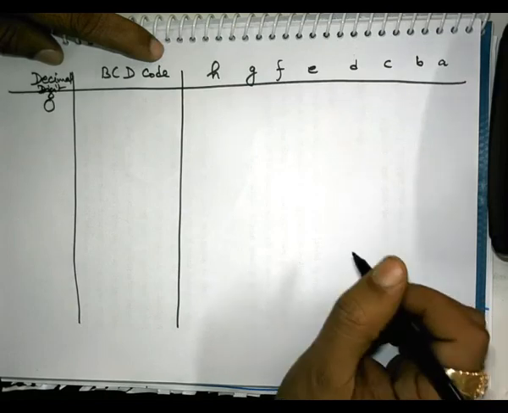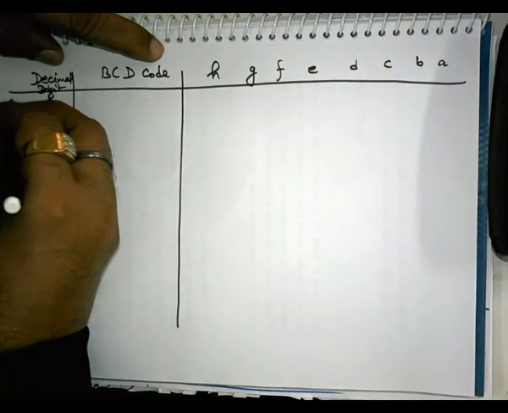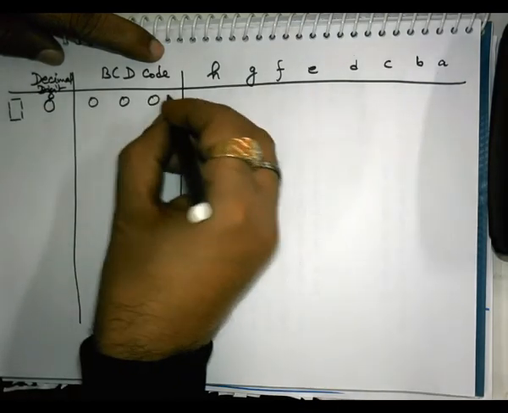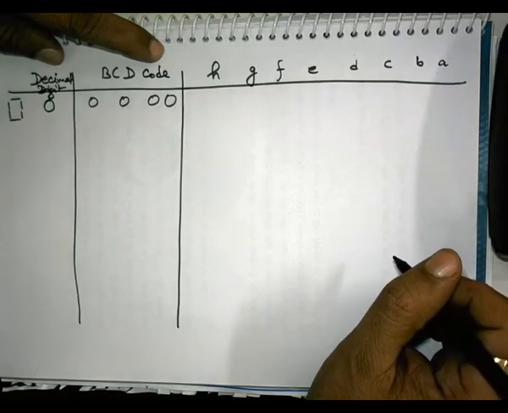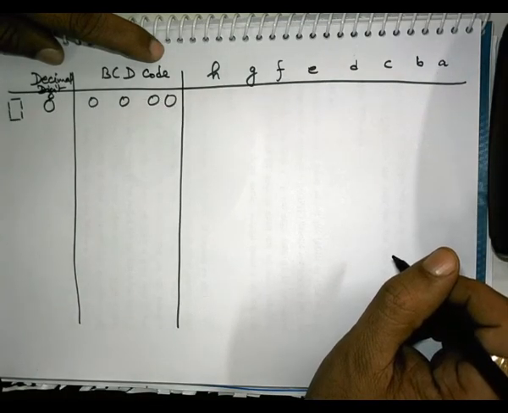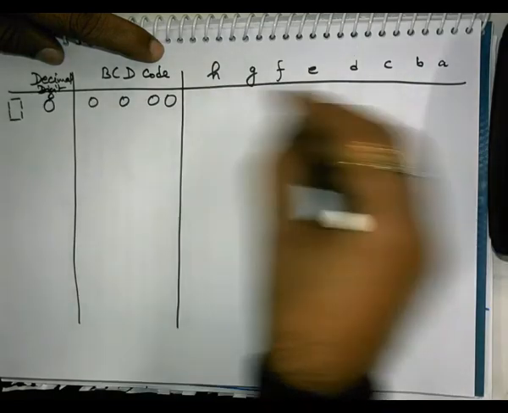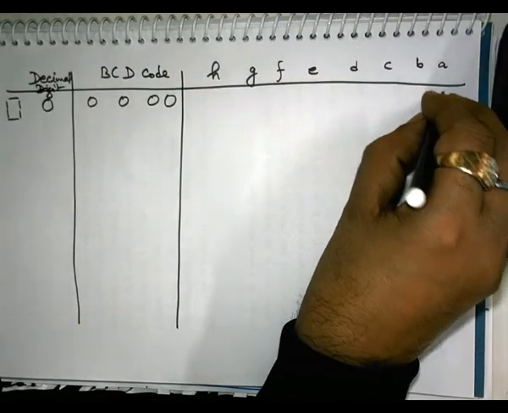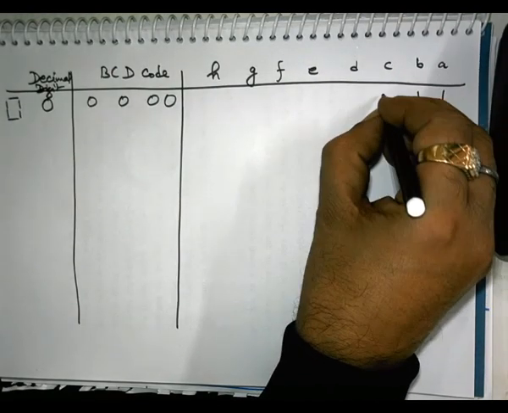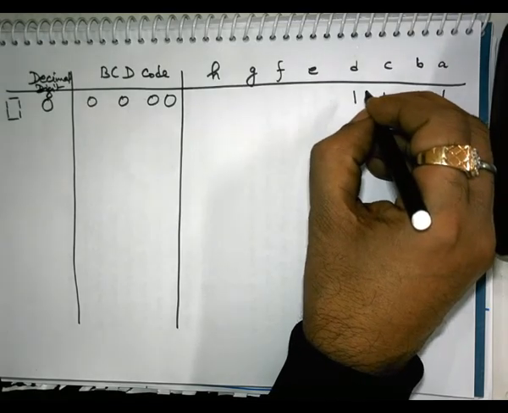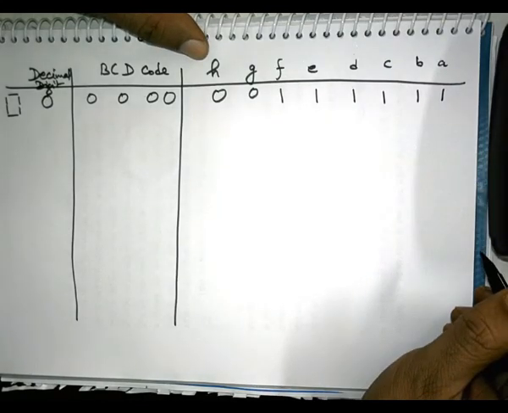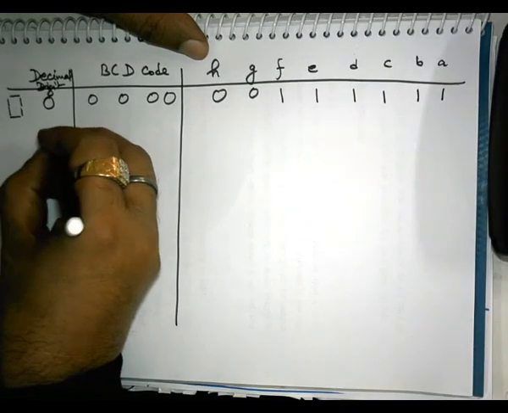So if you have to make a pattern for 0, it will be made something like this, and BCD code which should be applied for this is 0000. You will give the BCD code for any digital circuit, and which segment should be on for this? A should be on, B should be on, C, D, am I right? E, F, and G and H should be 0. Okay.